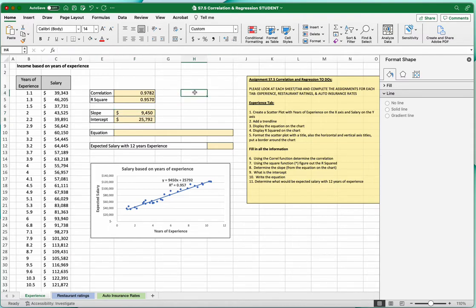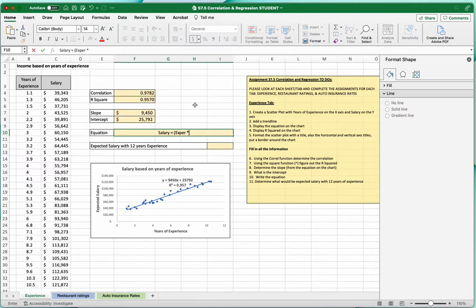Now, you don't have to do that. It didn't ask to do that, but this is just for better understanding. Now, the equation is y equals mx plus b. I want you to write out the equation. You can write it as y, or you can type salary equals, okay, years of experience. So I'm just going to do experience,